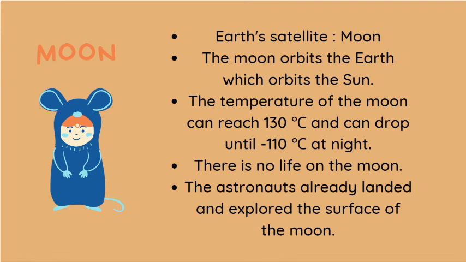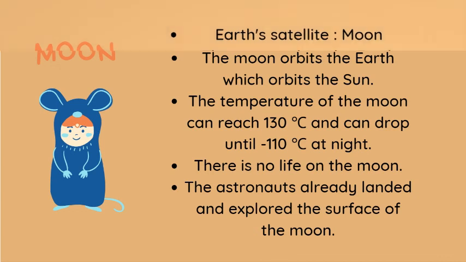12 American astronauts landed and walked on the moon between 1969 and 1972, and they didn't find living things on it. They just took pictures and collected lunar rocks and dirt. They used it to study more about the moon and found out that the surface of the moon is much older than the surface on the Earth.